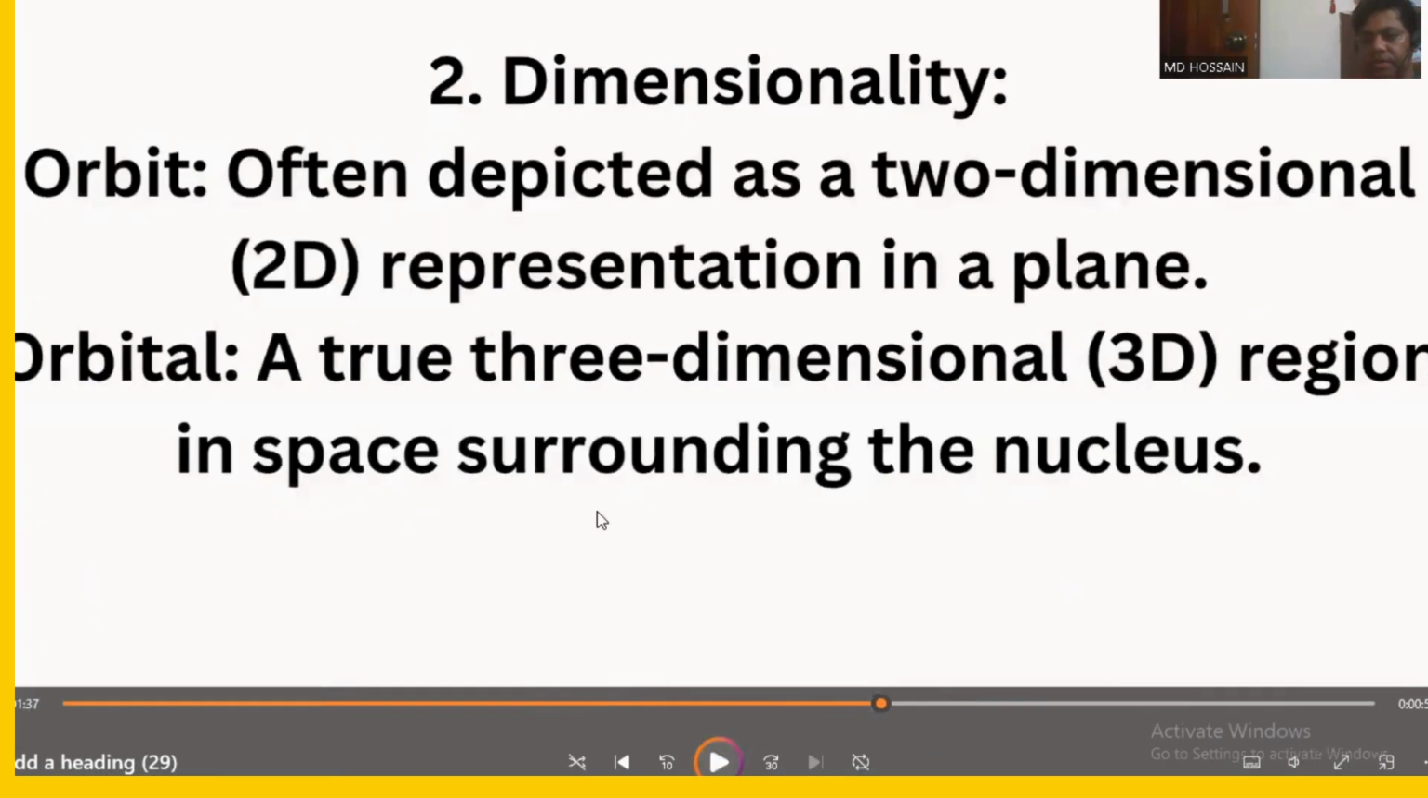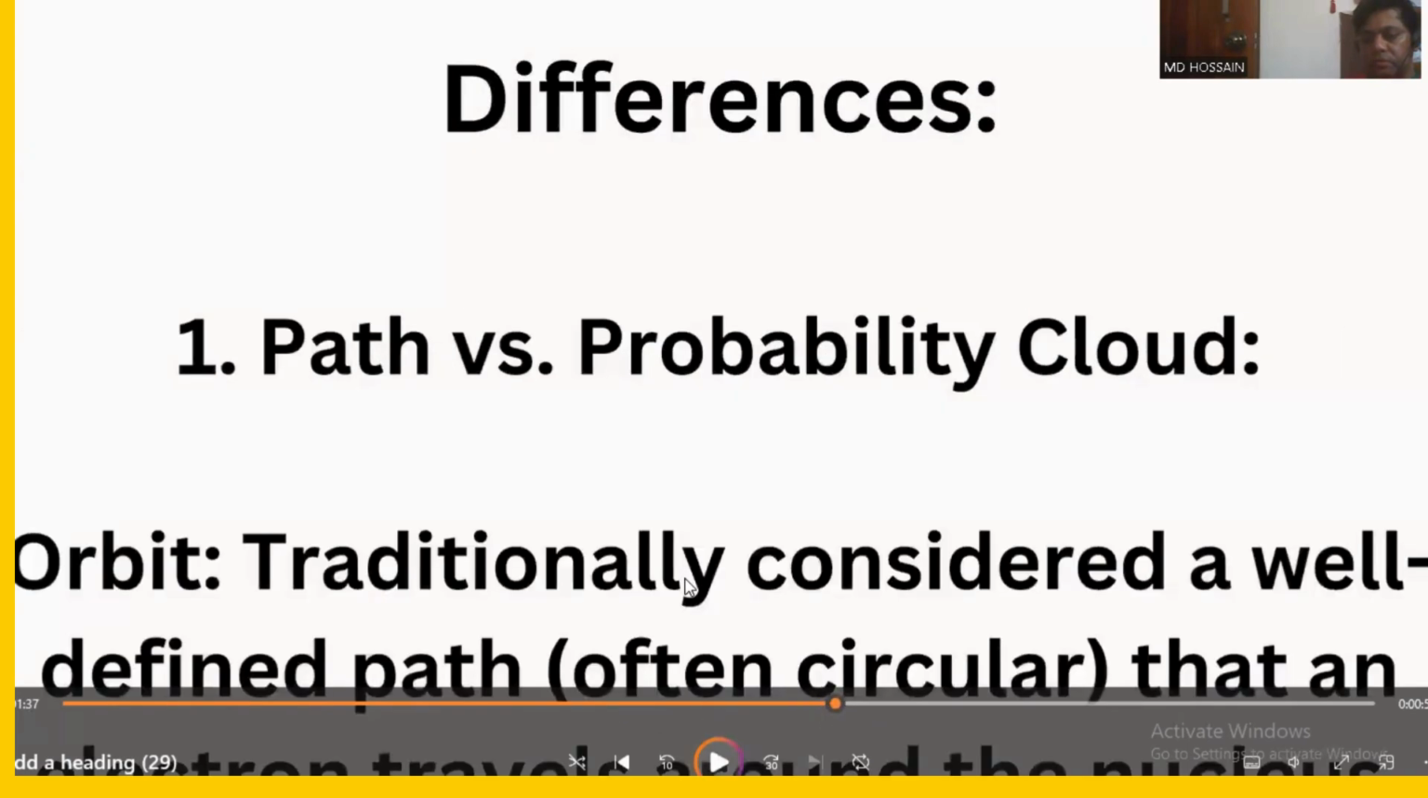Let's go forward. Here you can see: orbit, traditionally considered a well-defined path, often circular, that an